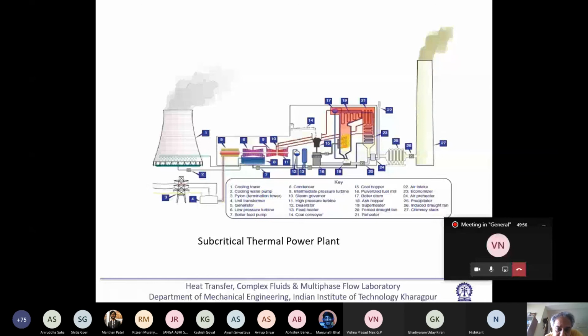So what we can see is that here combustion is taking place. When the combustion is taking place, heat is being generated. Transmission of heat could be by different means. One thing is the hot product of combustion. That hot product of combustion will come and its temperature will reduce. So due to convection at different sections of the boiler, it will transfer heat. And here we are creating flame. Obviously, there will be some radiant heat transfer, so this part of the boiler will also get radiant heat transfer.